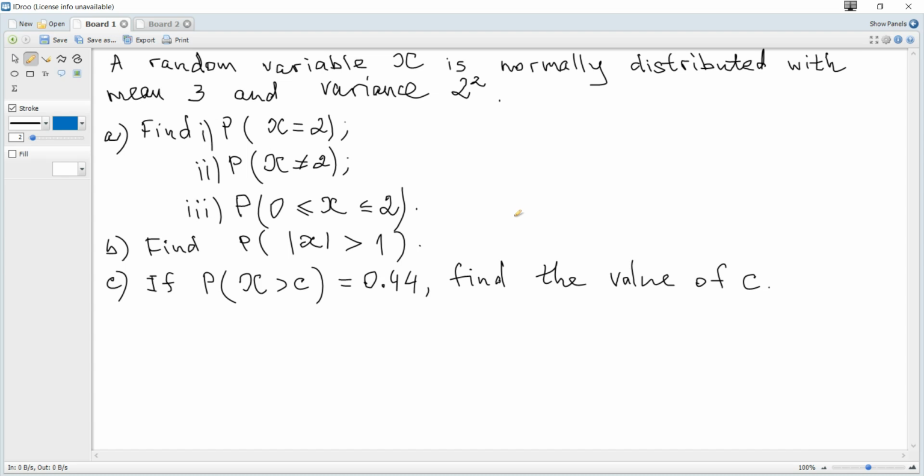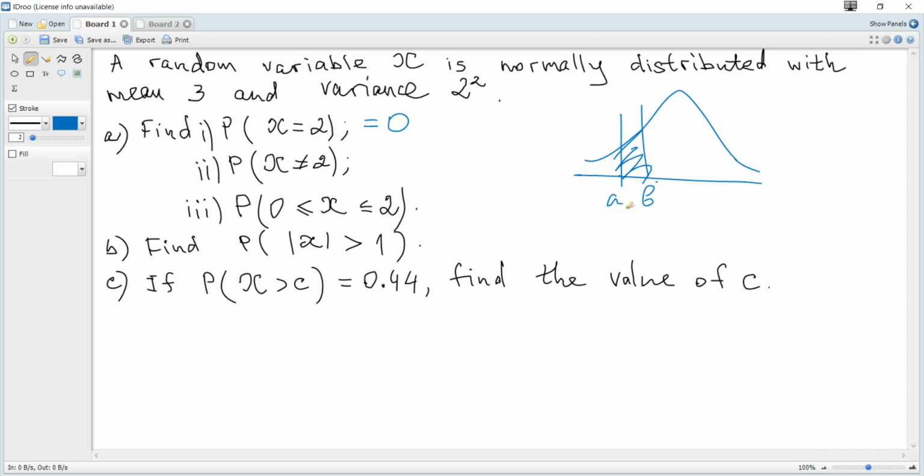A random variable x is normally distributed with mean 3 and variance 2 squared. Find probabilities that x is equal to 2. Probability at the point for normal distribution is always 0. We can calculate probability only for some region, and the probability is equal to the area under the curve within